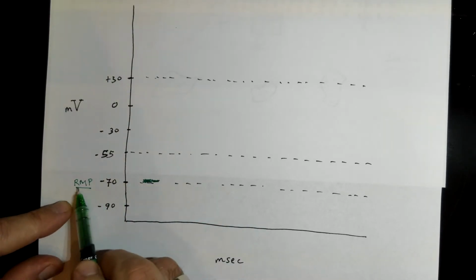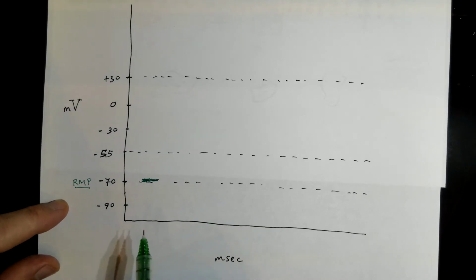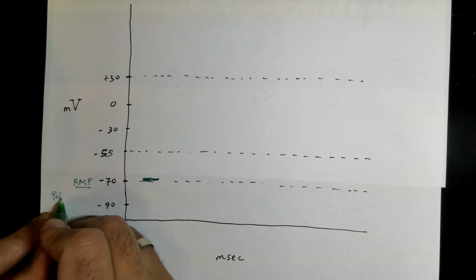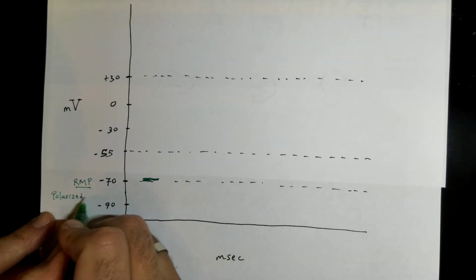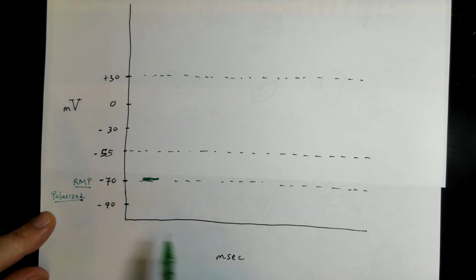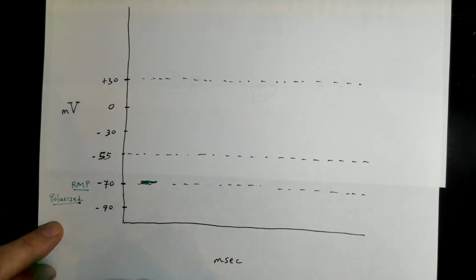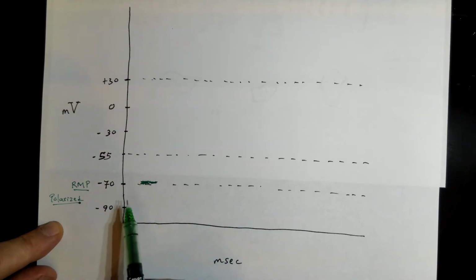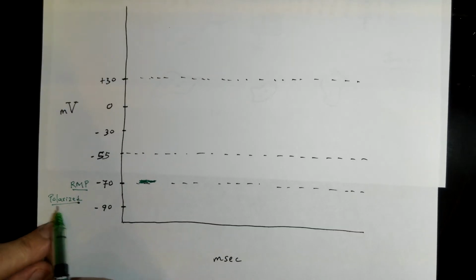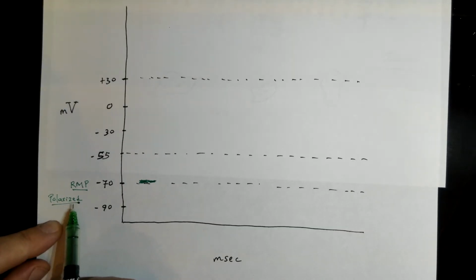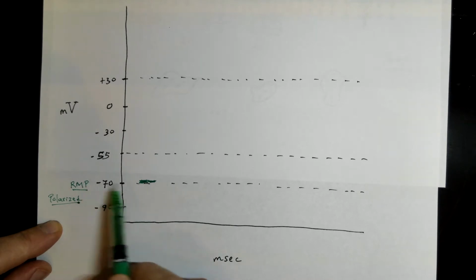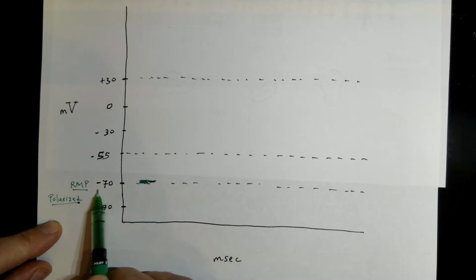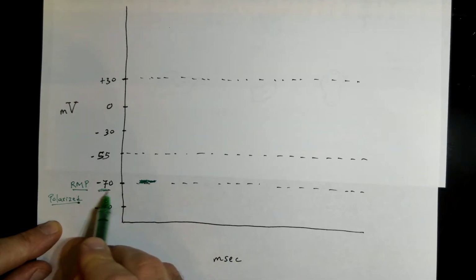So notice this is resting membrane potential, and we also say that because we are negative, we are also polarized. We are polar. So this polarization, if you think about North Pole, South Pole, that positive and negative of a magnet, that's a word that polarized is used throughout science in terms of having this negativity on it. And so that's what we're using this word for, this negativity of the inside of the cell,